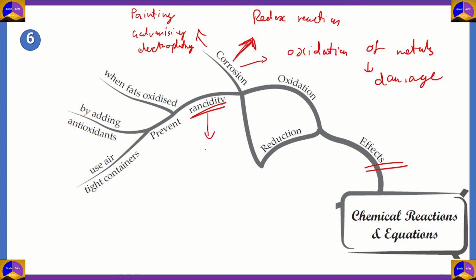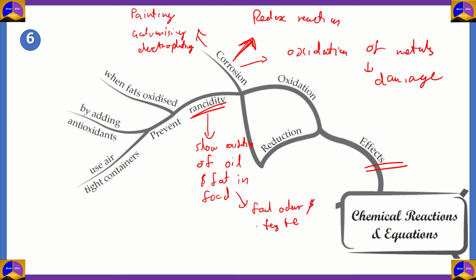So what is rancidity? Rancidity refers to the slow oxidation of oil and fat in foodstuff. And when oils and fats in food get oxidized, they produce a foul odor and taste, and sometimes can even be poisonous to humans when consumed. So they are unsuitable for consumption. So that means rancidity is a really important problem, and therefore